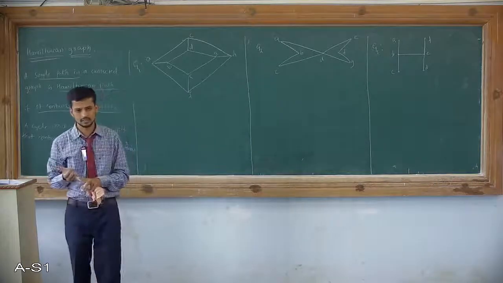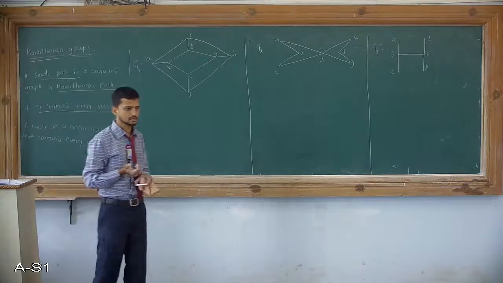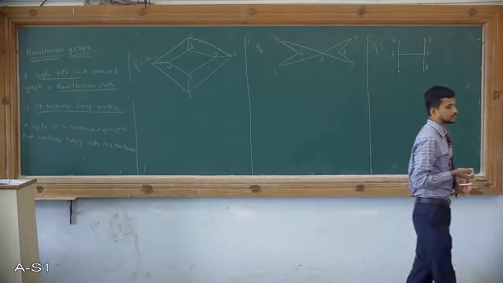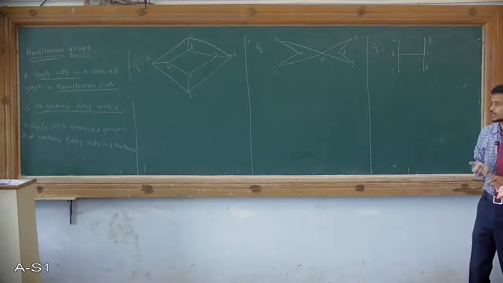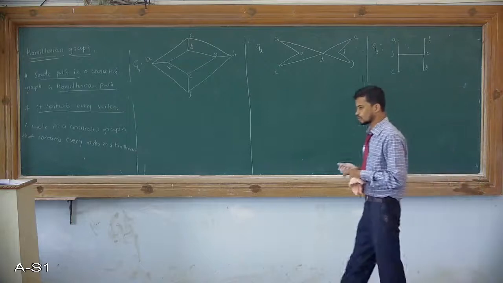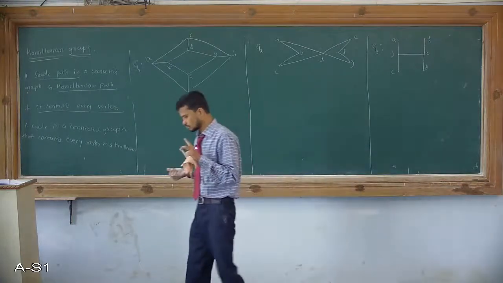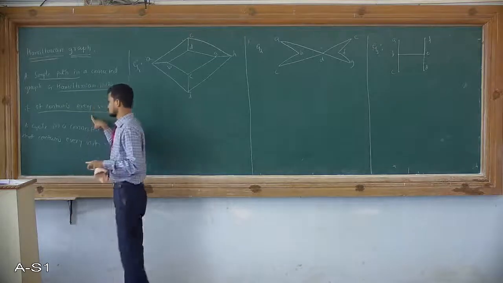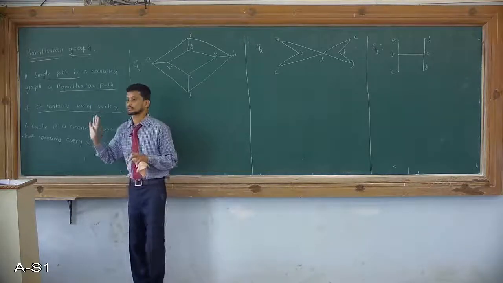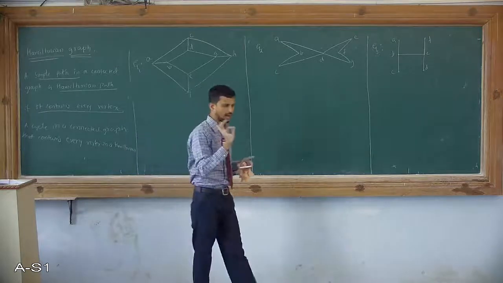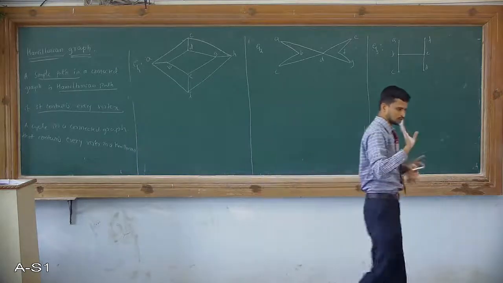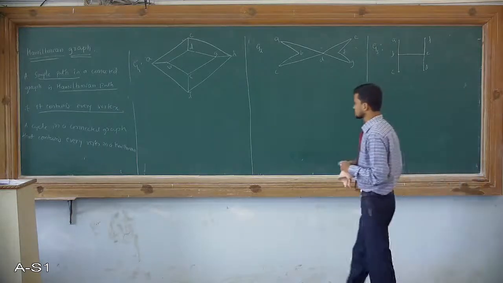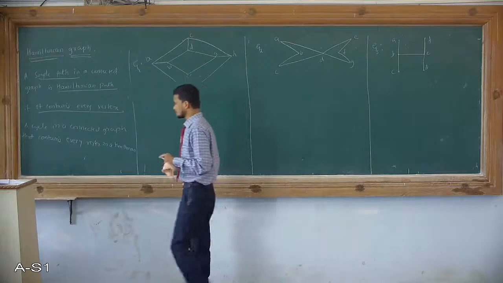I will repeat it once again. In a Hamiltonian path, vertices are not repeated. Maybe edges are repeated because the definition need not deal with edges. It only deals with the vertices. So according to this definition, every vertex is included and vertices are not repeated here. We only have to pass through each vertex once. So now using that definition, we try to develop a